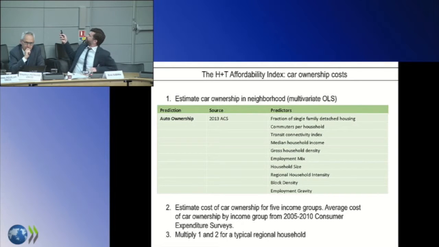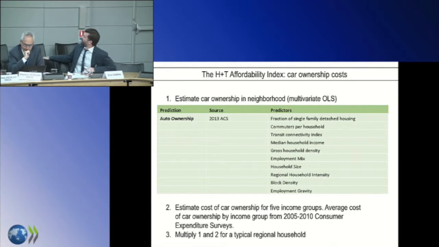Going into this in a little bit more detail, looking first at car ownership costs, the index estimates car ownership as a function of some neighborhood characteristics. So what percentage of people own cars? And it's important to note that in these estimates, the estimates occur for 5 different income groups. So it's not predicted based on the income of people living in a neighborhood. It's based on regional median incomes. So the prediction is not for, okay, rich people live in a rich neighborhood, therefore they spend a lot on